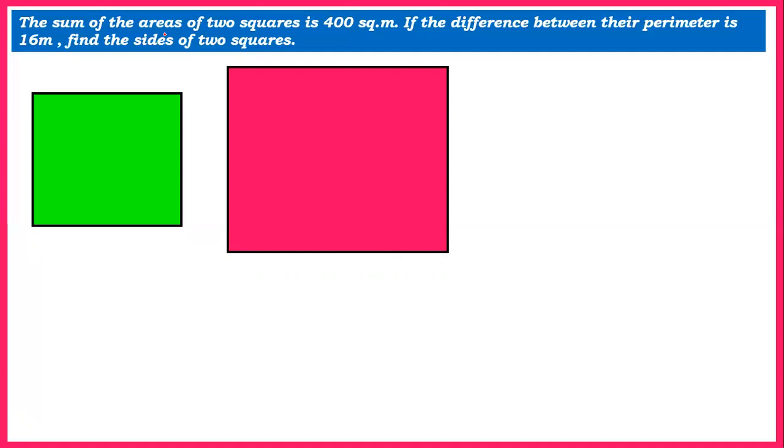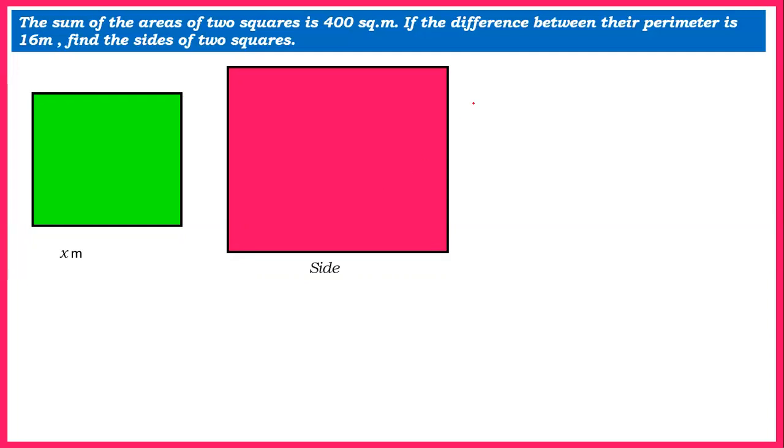So first of all, what I will do is I'll let the side of the smaller square be x meter. Now the question is, what will be the side of the bigger square? You can take y. Yeah, you can take y. There is not a problem. But at the end you'll get a quadratic. Now, since I know it is a quadratic equation and I cannot use more than one variable and I have already used x here, for the time being, I will just name it side.